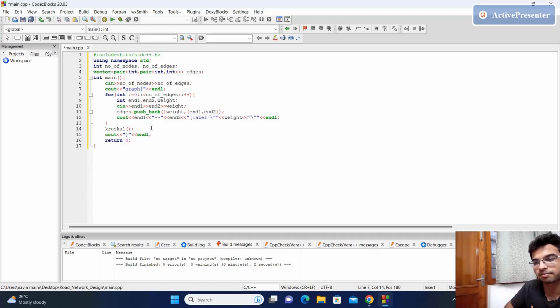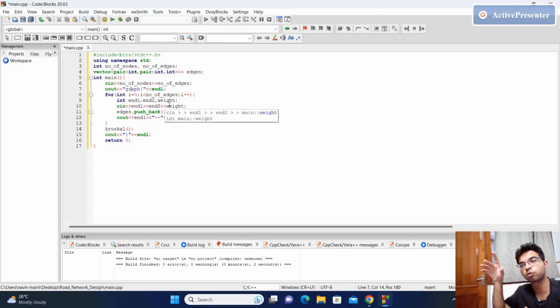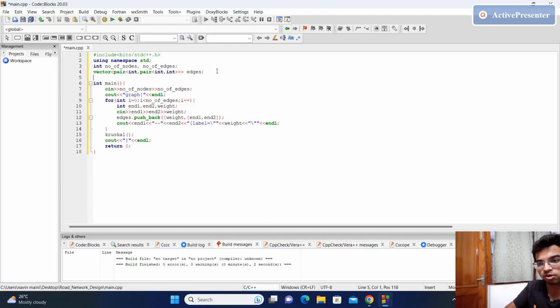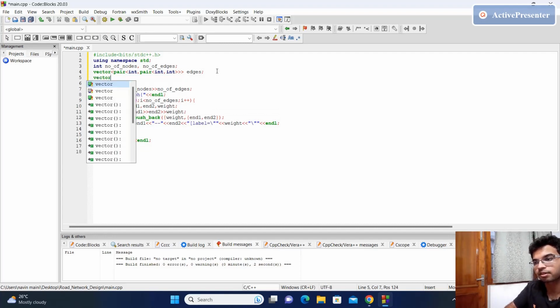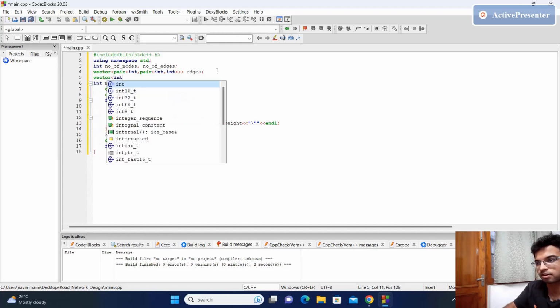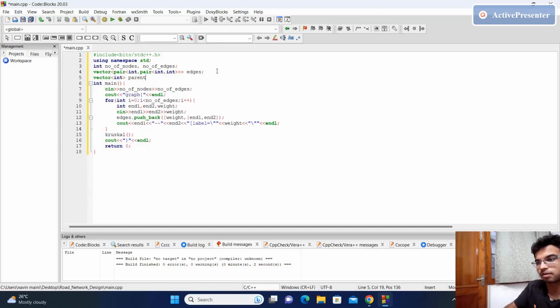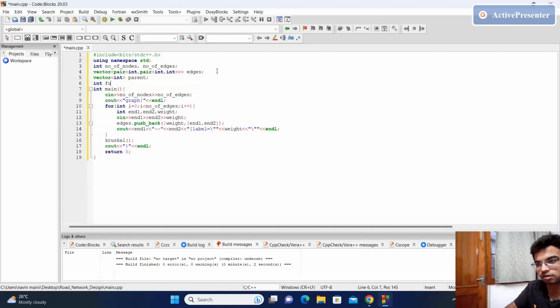Okay. Now let's implement the Kruskal's algorithm. In the Kruskal's algorithm, firstly I'll have to add an algorithm to detect cycles. So let's first do that. So let me first declare a vector known as parent. Okay, great. After that, I can have a function known as find. Let it take something like x,